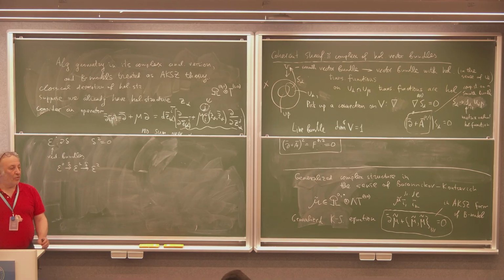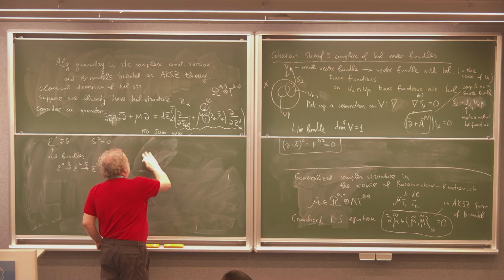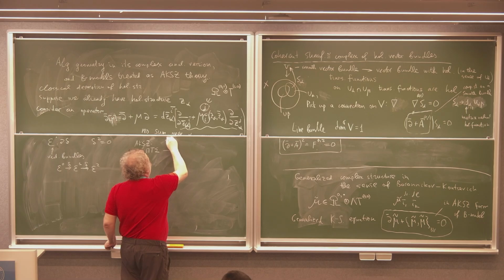So that's what I'm starting to do now. First thing, AKSZ is PT sigma mapped, so I'll consider dimension of sigma equal to 2,